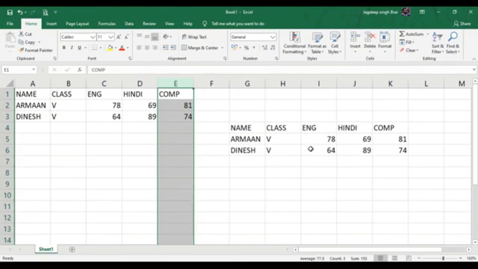Next is changing row height. Excel automatically adjusts the row height to accommodate the tallest font in the row. If you want to change the font size in a cell to 20 point, Excel makes the row taller so that the entire text is visible. You can also adjust the row height manually.